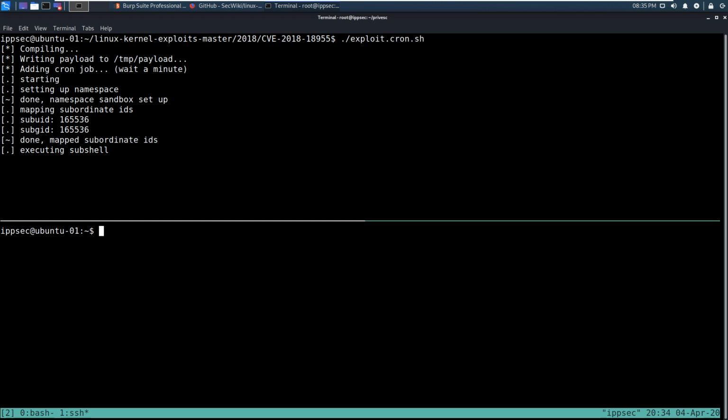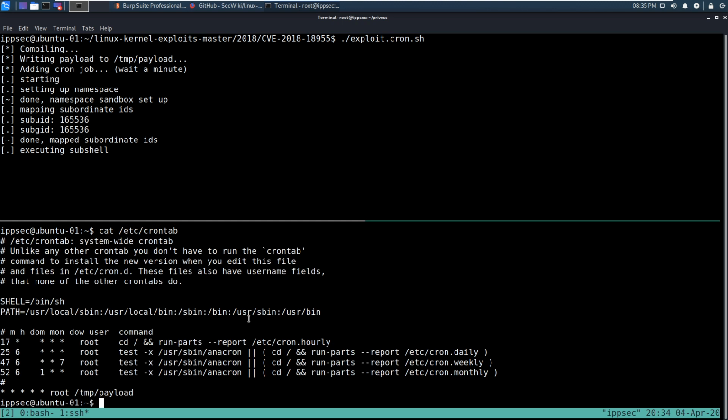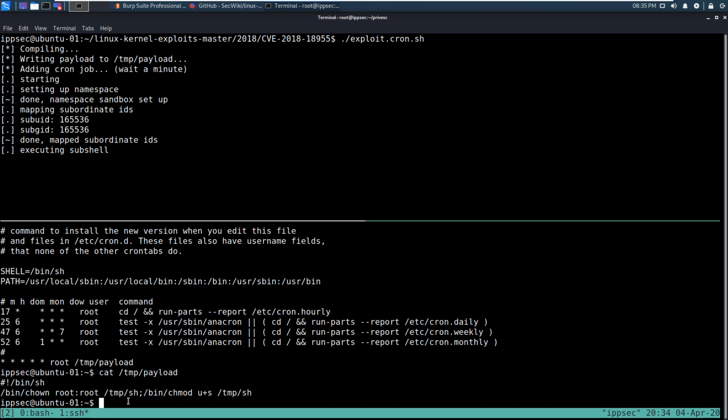So it's executing the subshell. If we do cat /etc/crontab, we can see this created an entry in there to execute this command. If we look at this command, it's going to chown root on temp.sh and give it a SUID bit, and I'm guessing it's going to execute it. So this will be the first one, and then after we do this, we're going to revert the machine and try to